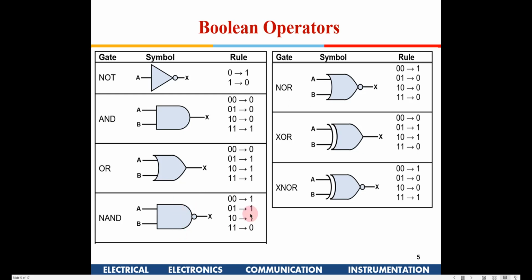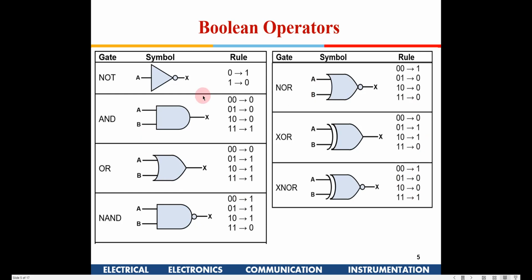So what is NAND? If you see, for AND, 1 1 was 1. If you put an inverter, everything gets inverted out here. So for 1 1 it will be 0, and for all other combinations it is 1. Similarly, NOR is the inversion of OR. In OR we had only one case where the output was 0, when both inputs were 0. So in NOR, for that particular case it is 1, and for the rest of the cases it is 0. For XOR, again, only if one of them is 1 will it be 1, otherwise it will be 0. And for XNOR, it is just the opposite.